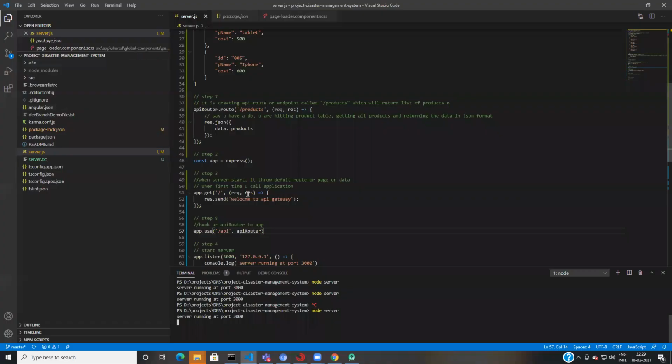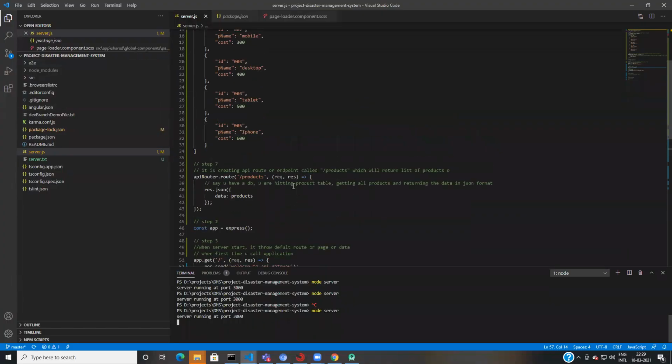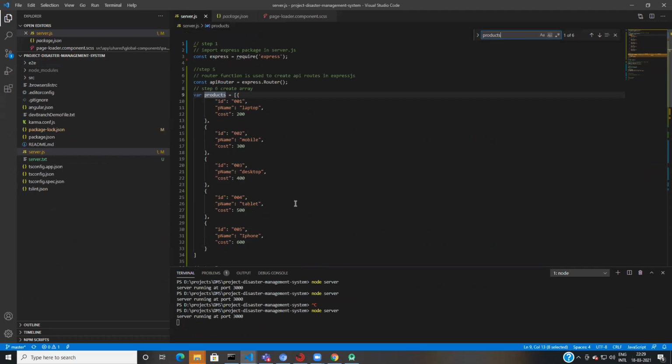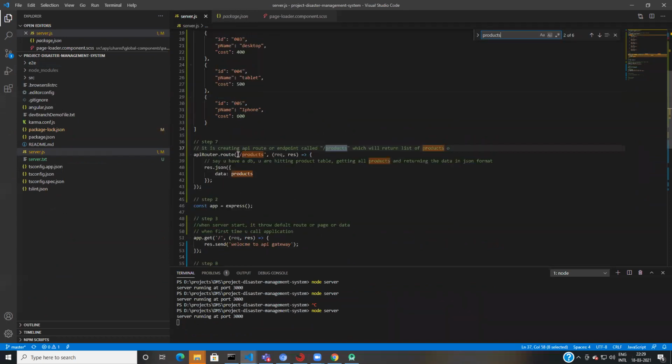When I say slash API slash products, right? So it says error. Beautiful. Products is my API route. Spelling is correct.